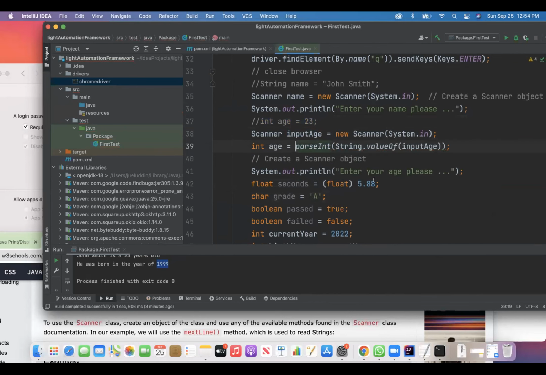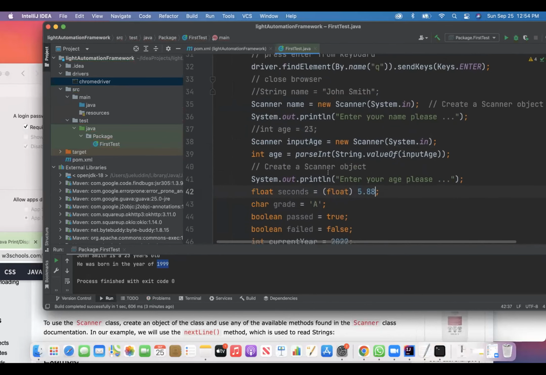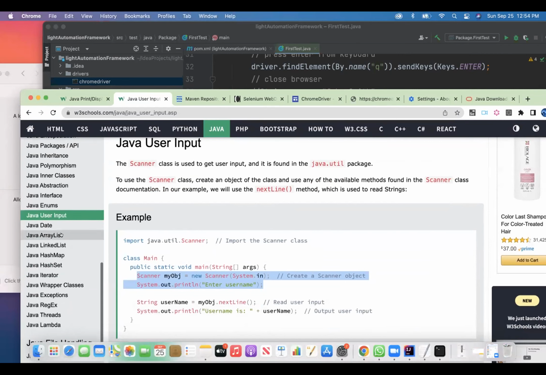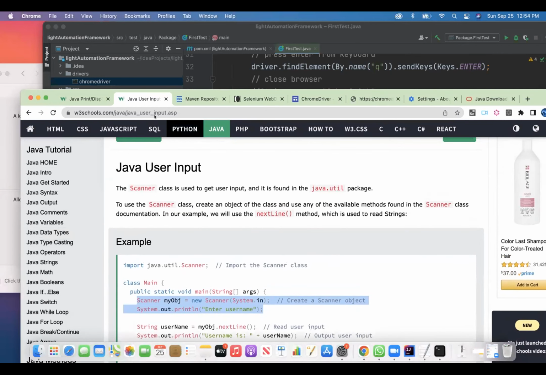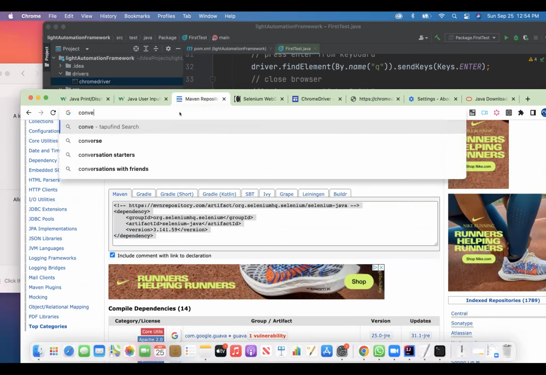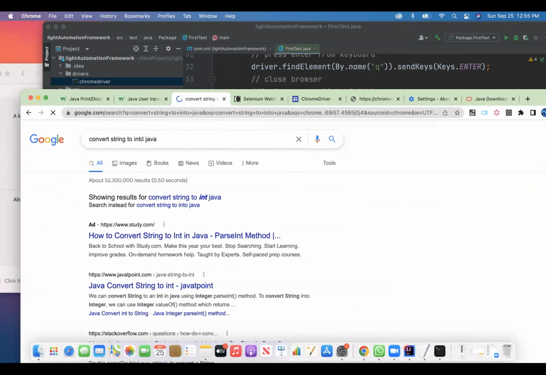Yeah, okay, that's fine. String value of this, okay. So basically what we just did here is that parseInt is in here, so I'm not just coming out of this with my own mind. I don't want to look through everything, so I'm going to go ahead and Google it and it'll tell me. I'm going to say convert string to int java int,